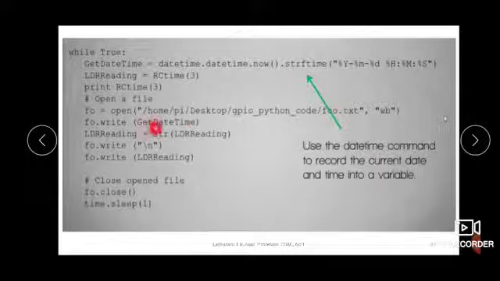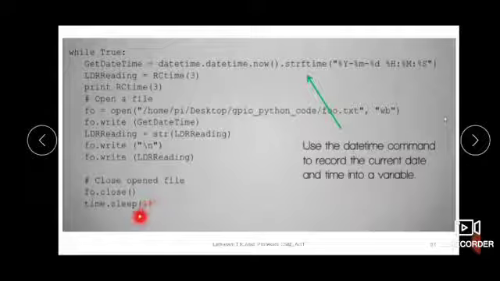So first it will write the current date and time in the file, then the \n takes it to the next line. In the next line it will write LDR reading, converted to string format. The data we received from the function RC time will be written into the file by this statement. After that we have to close the opened file by using fo.close.